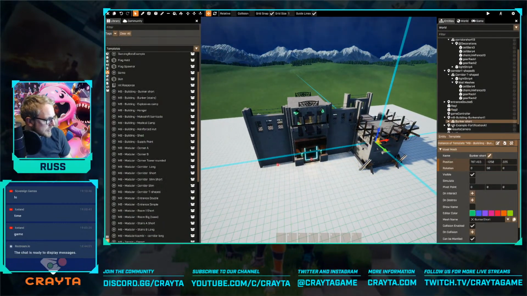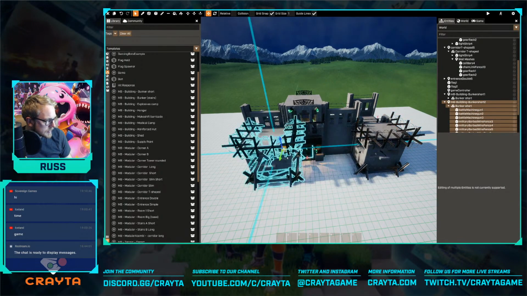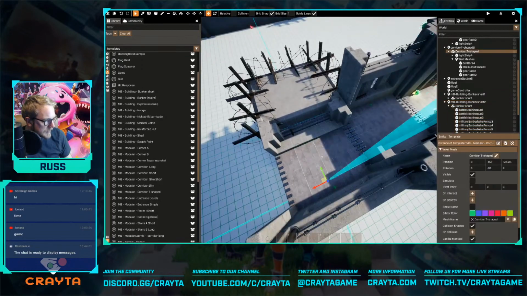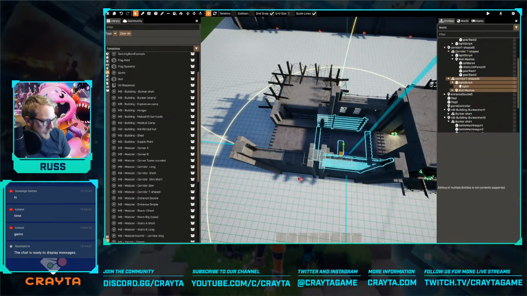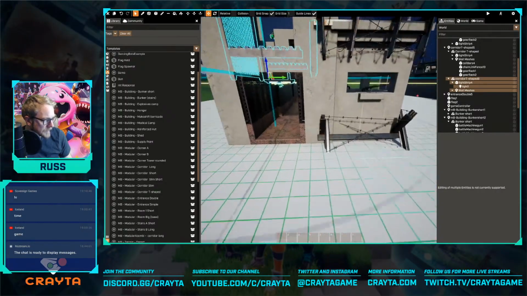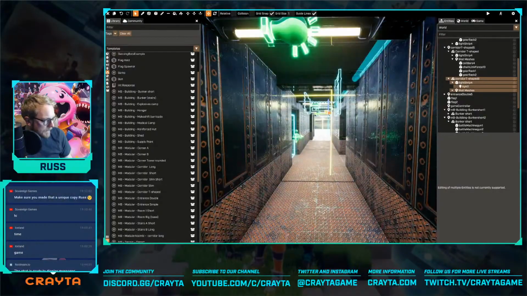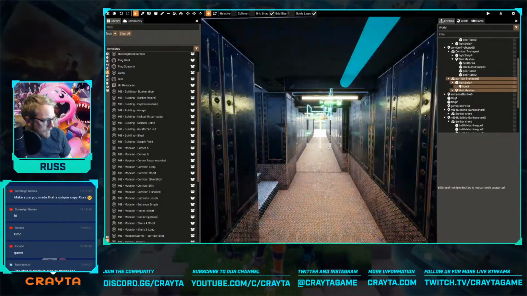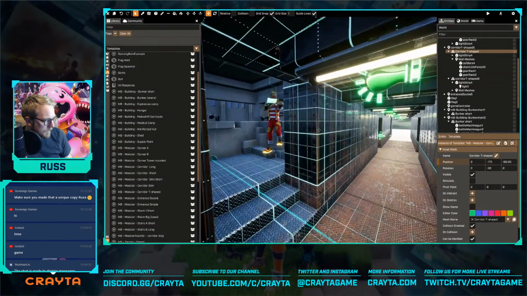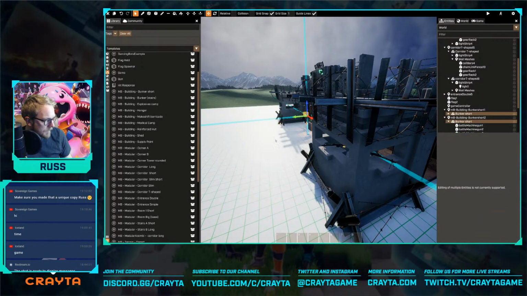That part, so I'm going to take the same bunker piece and copy that across. And actually do the same with my E-junction bit. Okay,